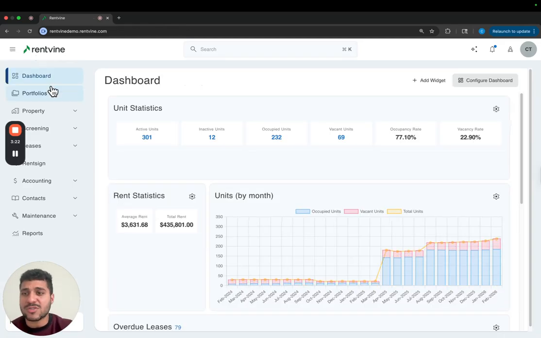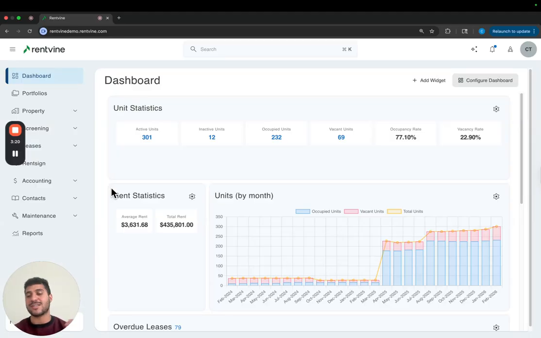So it's cool. Anything you see here within Rentvine, we're going to give you guys access to the API. Our API is fully open. We are not going to restrict you guys. We are not going to limit you guys. If you guys want somebody to have full access and admin access to gain all the ability within the Rentvine